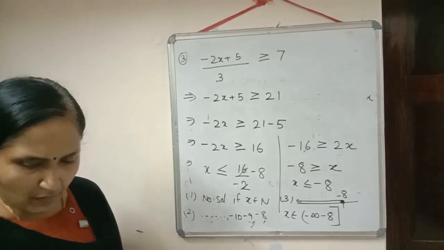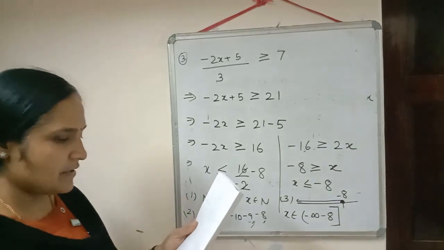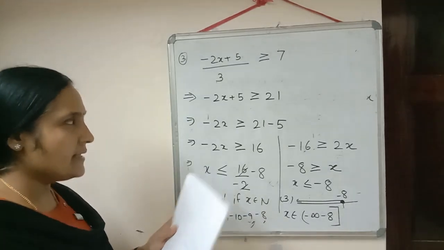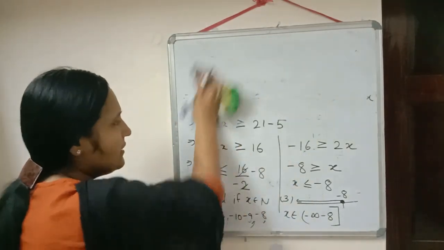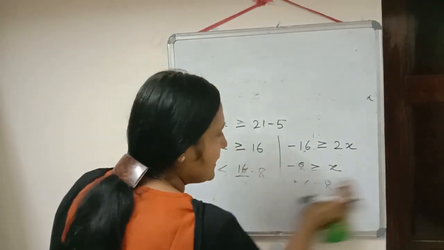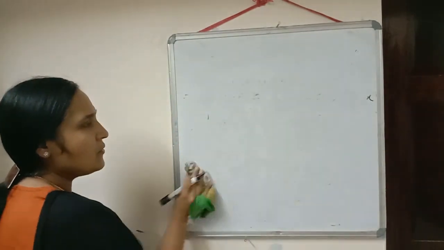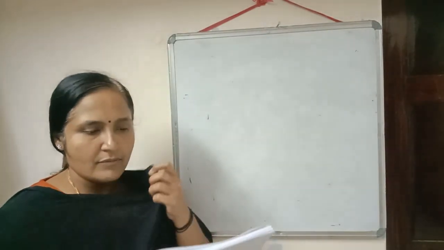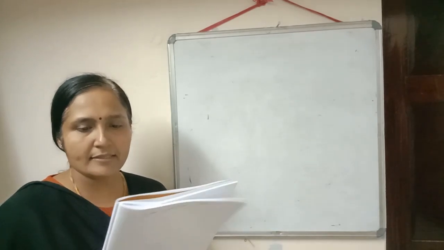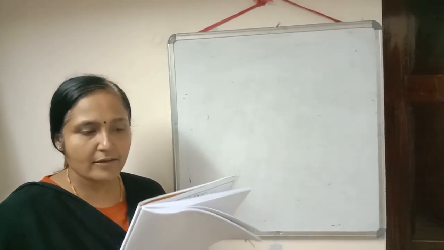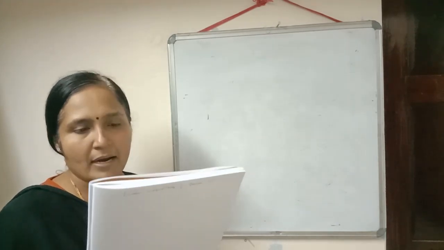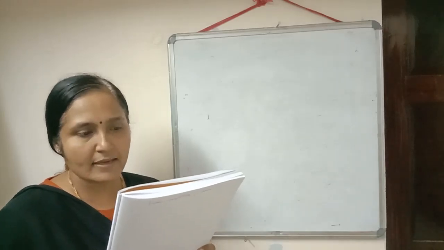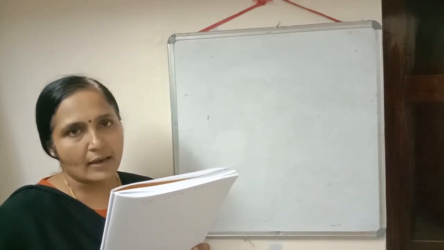Okay. Now all of you write down same question. Some more questions we will do. Solve the linear inequation only. Write down the question. Solve the inequalities for real x. Now we don't have to find out the natural solution and integral solution. We have to find out only real solutions. Means we have to write down only in interval form. So write down the question. Solve the inequalities for real x and show the solution on number line.